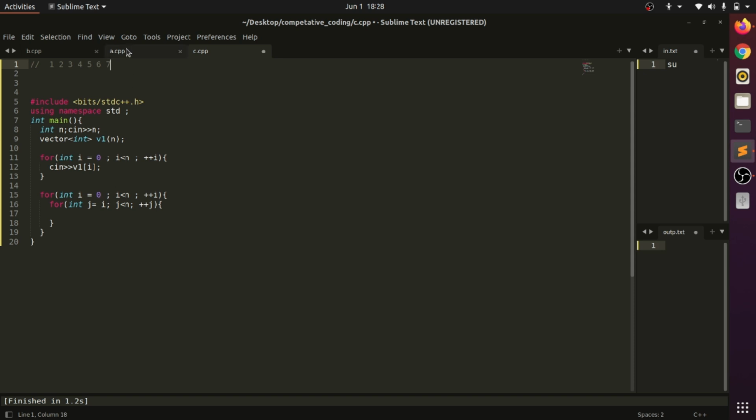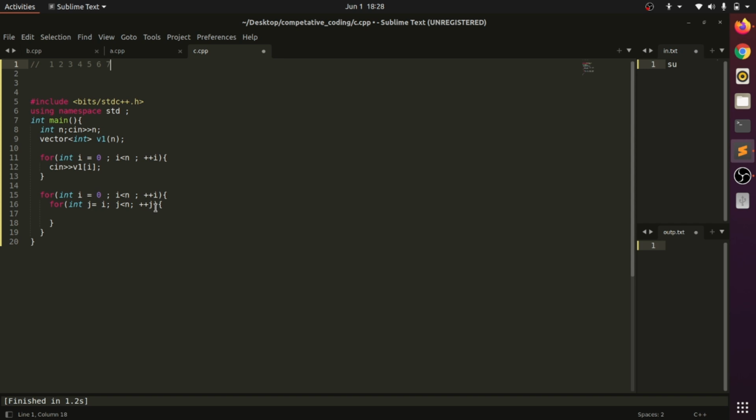Let's take an array of size 7: 1 2 3 4 5 6 7. The first loop traverses the elements 1 to 7 and the second loop also traverses 1 to 7.